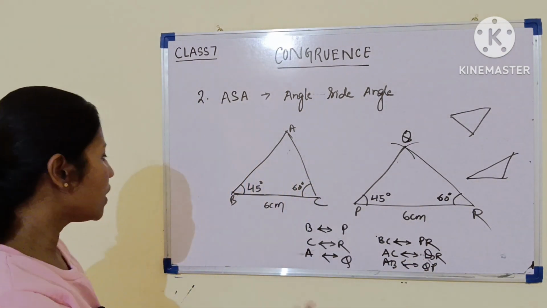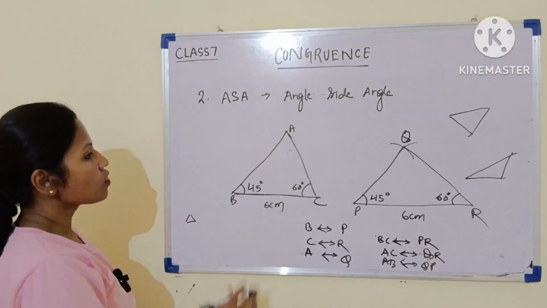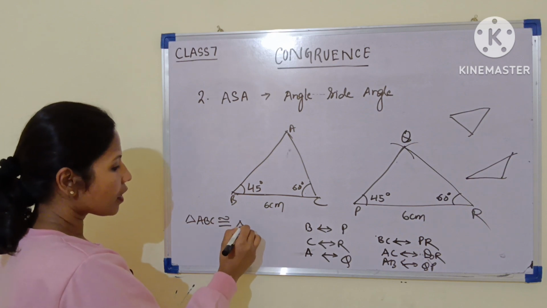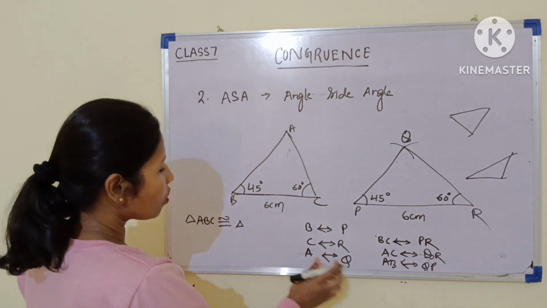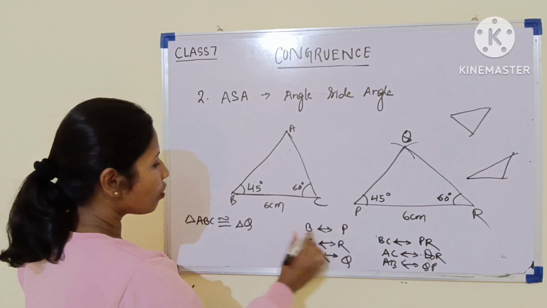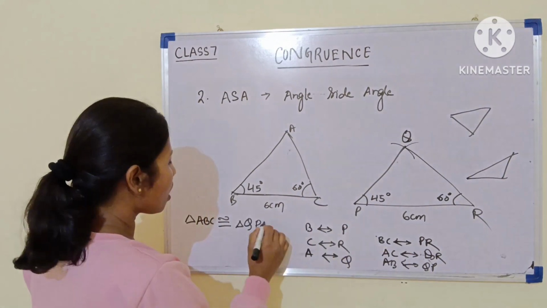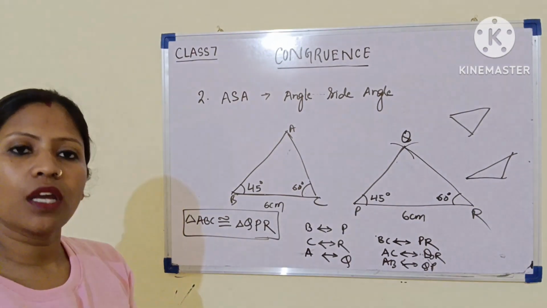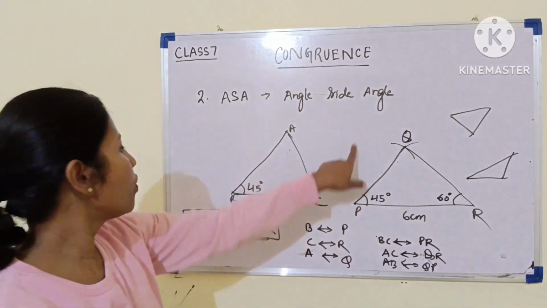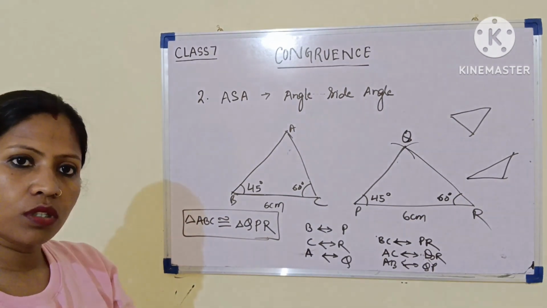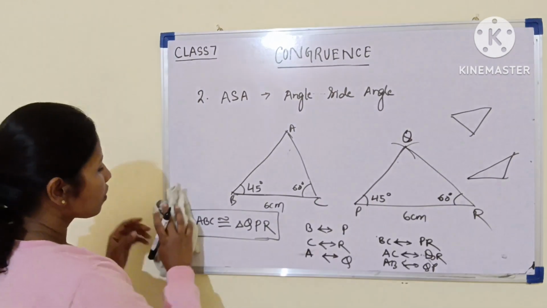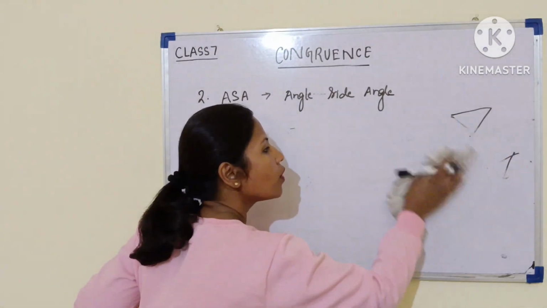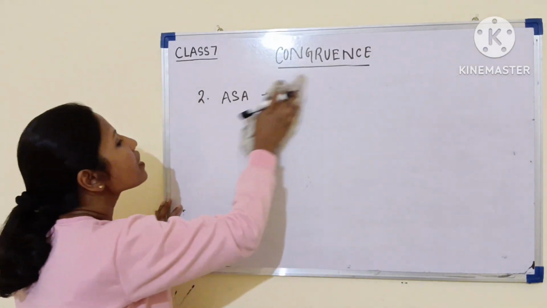Okay. Now let's write the triangle congruence. Triangle ABC is congruent to triangle, A corresponds to Q, B corresponds to P, C corresponds to R. So triangle ABC is congruent to triangle QPR. Okay, QPR. Understood? So this was the ASA property. So we read about the ASA property, the SAS property and